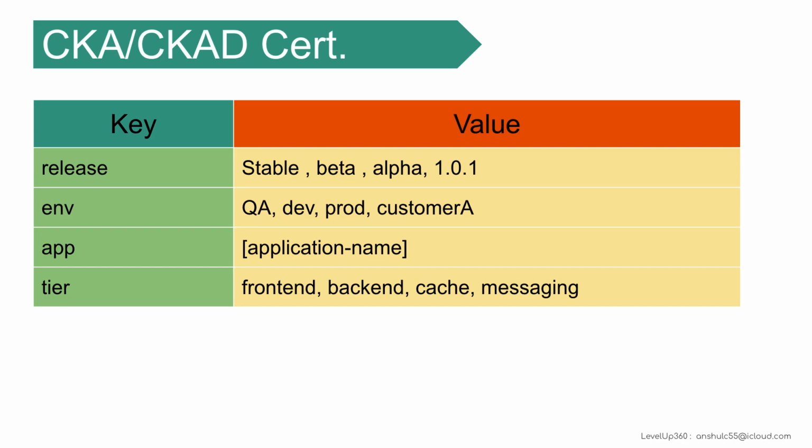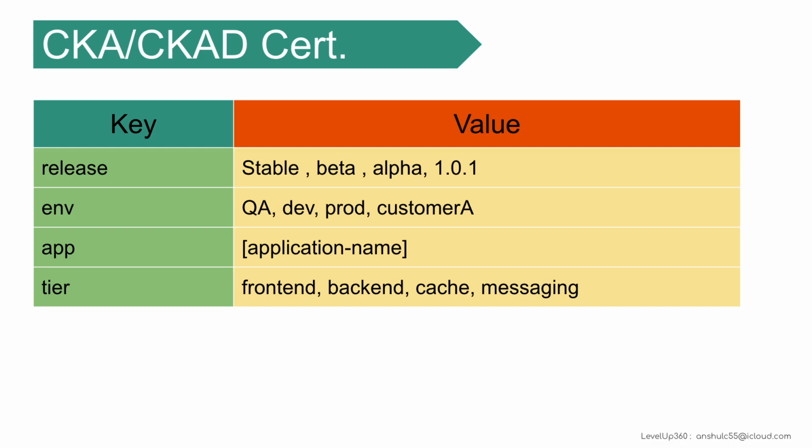Another kind is that you can specify the function, the app function of that particular resource. Similarly, you can define the tier of that particular application: a front end application, back end application, messaging service, notification service, caching service. What kind of service is that? There could be multiple combinations you can create, and you can use your own labels, but these are a few famous labels which generally come as a standard whenever we are defining labels